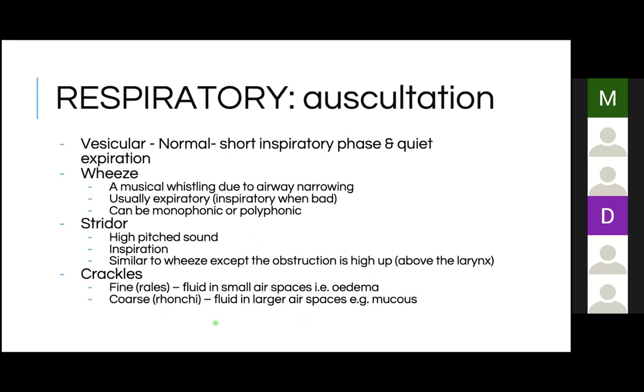Again, you could also listen for vocal resonance. So similar to tactile vocal fremitus, but this is listening now. With vocal resonance, you ask the patient to say 99 again. And then in areas of consolidation, the patient's voice is generally muffled. If both sides of the chest, so left and right, are normal, you will hear the 99 equally on both sides. But if there's consolidation,